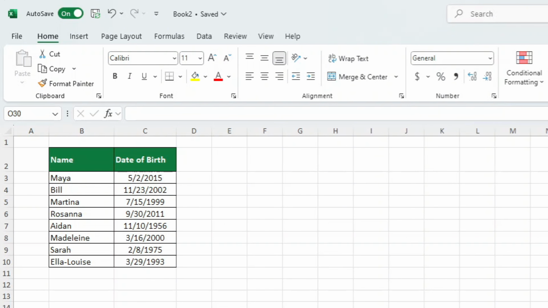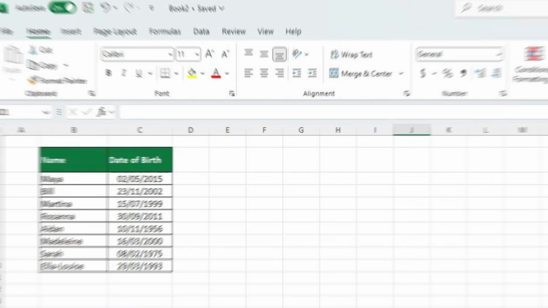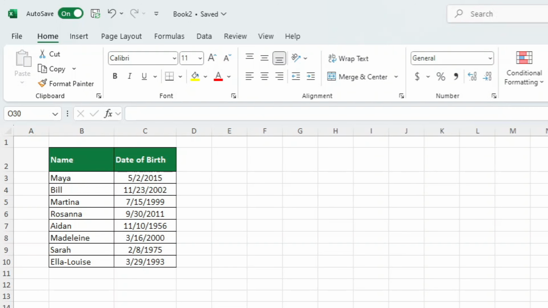Today, we are going to show you how to easily change a date format in Excel. Let's check it out. Different parts of the world utilize different date formats. For instance, the United States utilizes the format month-day-year. Let's examine the data table more closely and figure out how we can quickly and easily reformat the dates